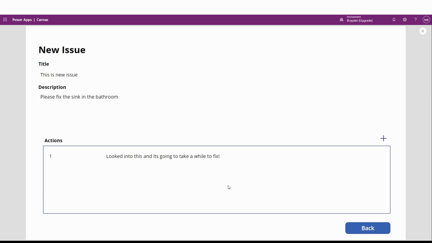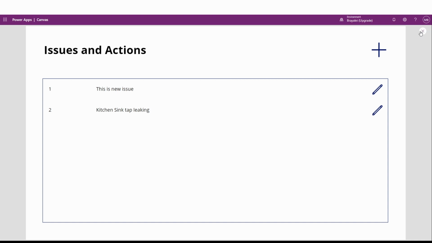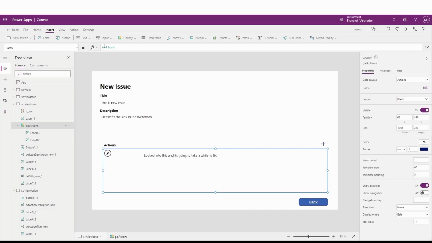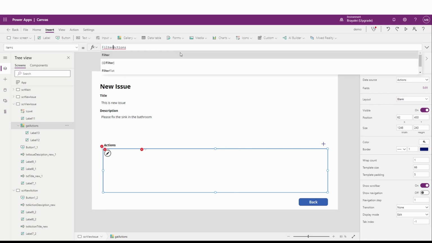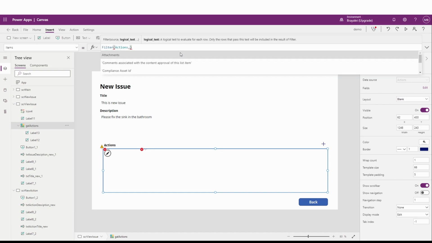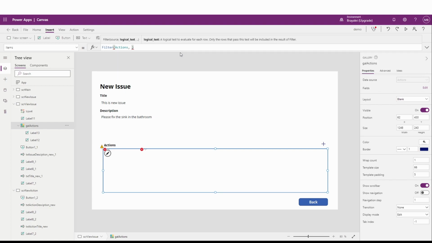What we actually want to do here is filter this particular gallery based on what issue we have open. So in our view issue, at the moment, like I said, we're just looking at the actions, but we don't want to do that. We want to wrap this in a filter. And what are we filtering it by? We want to filter these by the issue